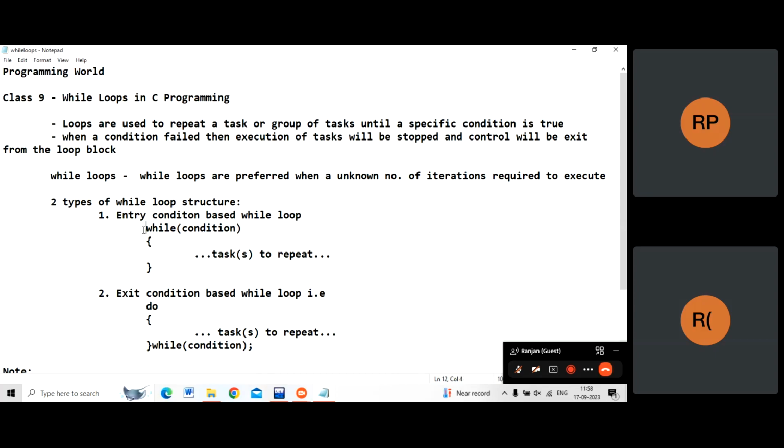First the while keyword is used. Afterwards, within parentheses, the condition is verified. If the condition is true, the task given in the loop block will be executed. And again the condition will be verified. If the condition fails, the loop block will not be executed and it will be stopped. Okay, so first the condition must be satisfied, then only we can execute